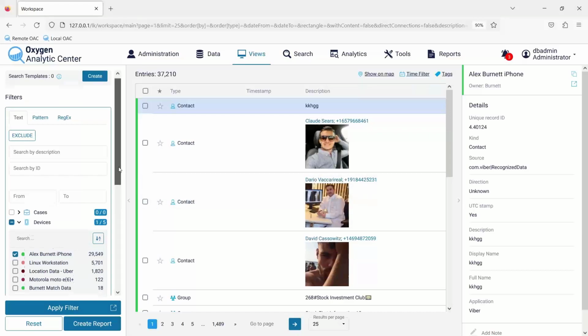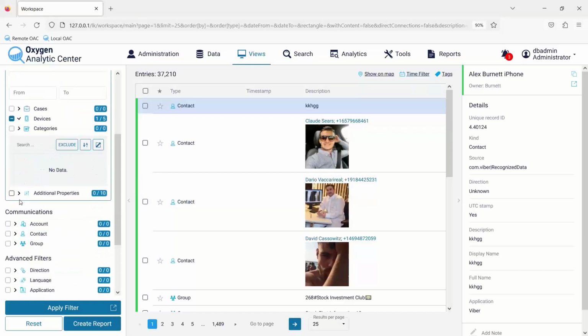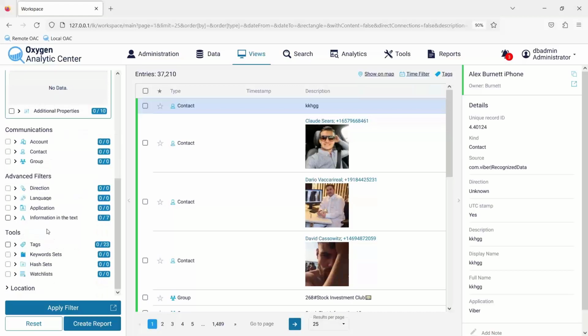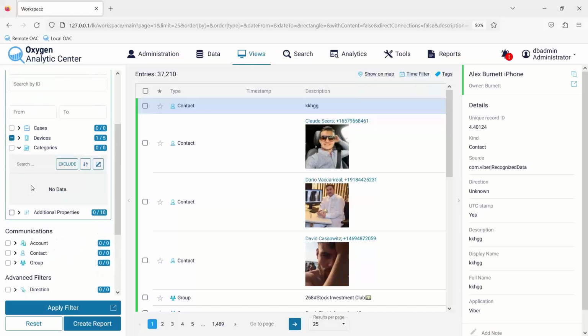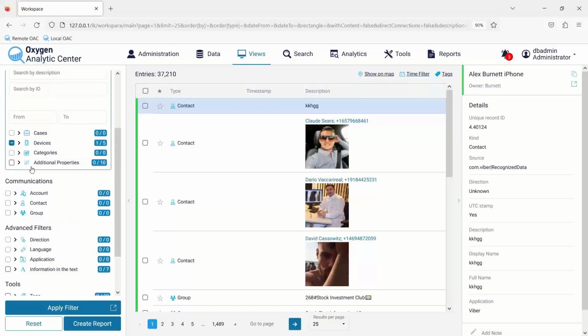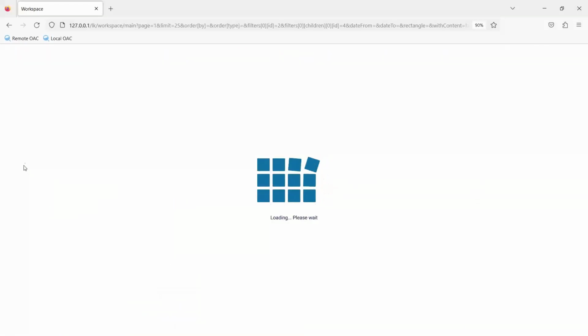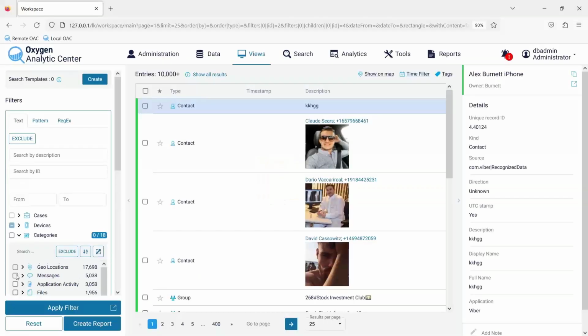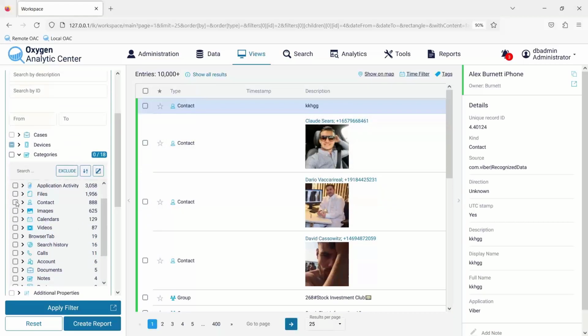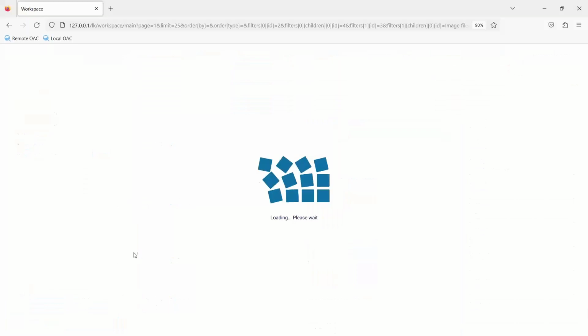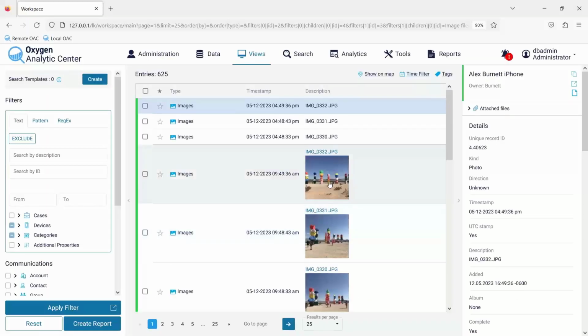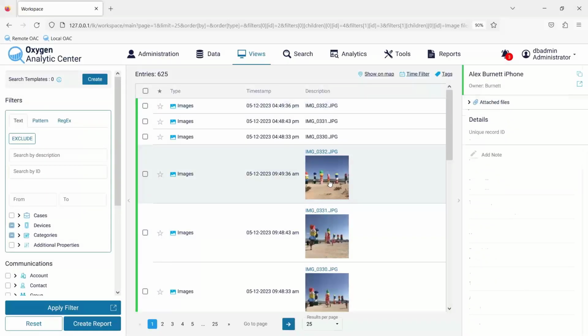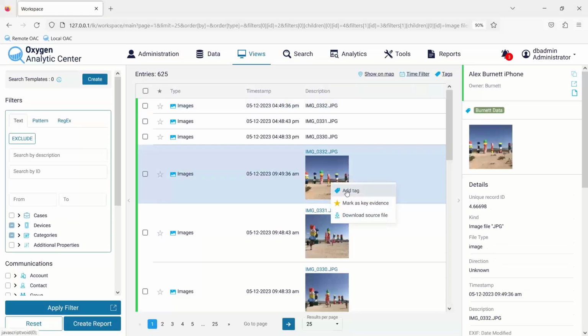Let's do Burnett's iPhone. And I'll start simple with, I don't know, pictures is what I really know. Let me get that first. Filtering top down. And then I'll scroll down here. Images. So I can pick something really fun and easy. So the rock formation out of Las Vegas. So if I right click and add,